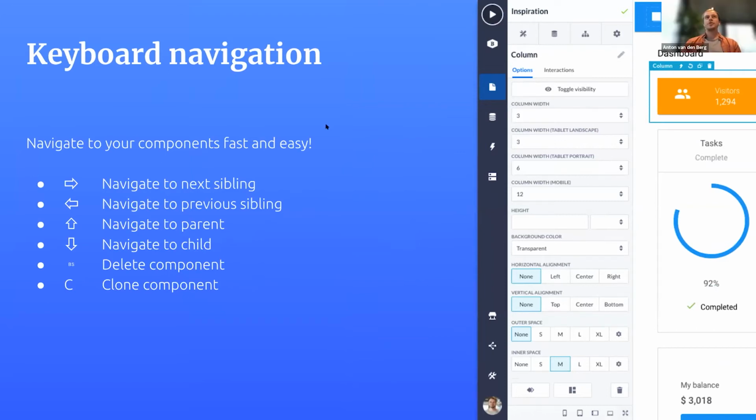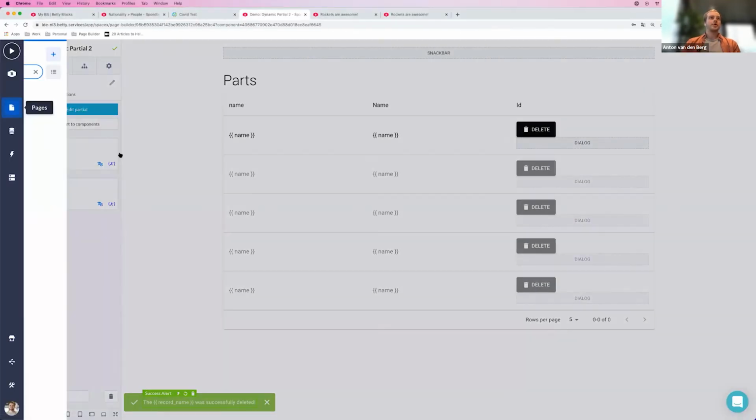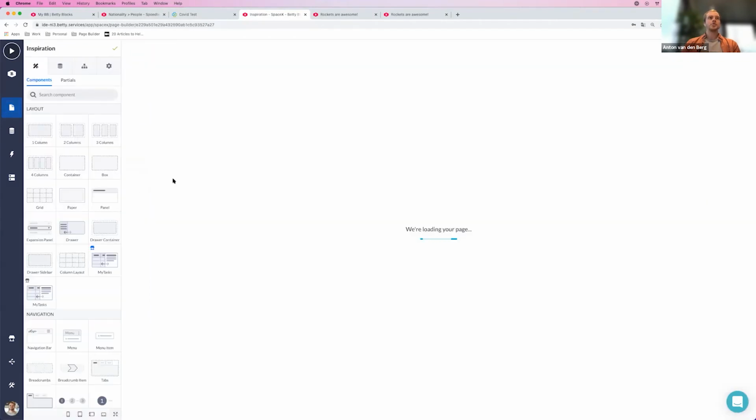So let's continue. We have also added keyboard navigation, which was a very nice addition during one of our innovation days. We allow you to select your next sibling, your previous sibling, your parent or your child components. And you're also able to delete or clone a component using the backspace or C key. So I've set up my inspiration page, which is one of our page templates. And what you now can do is